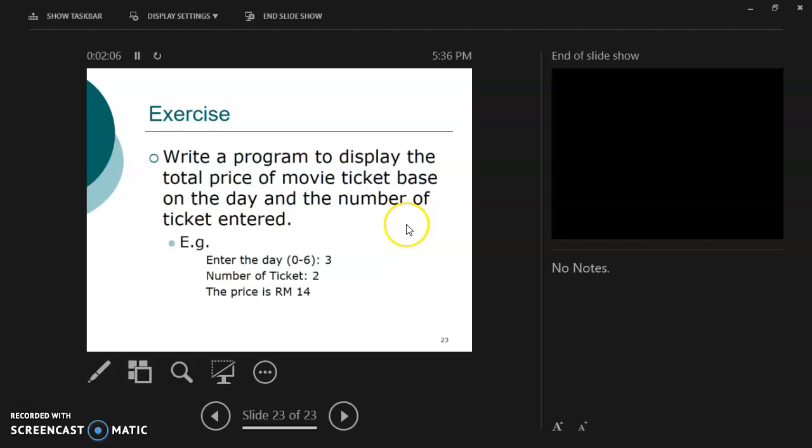Day 3, number of tickets 2, price is 14. So where did the 7 ringgit come from actually? Day 3, is there a moviegoers' formula for movie tickets like that? I'm not really sure. I mean,